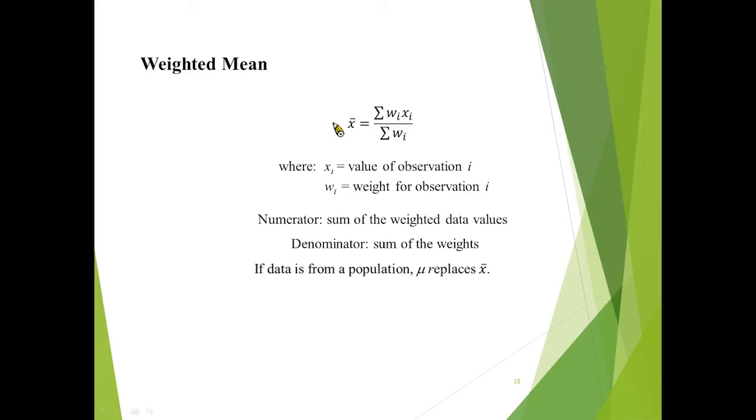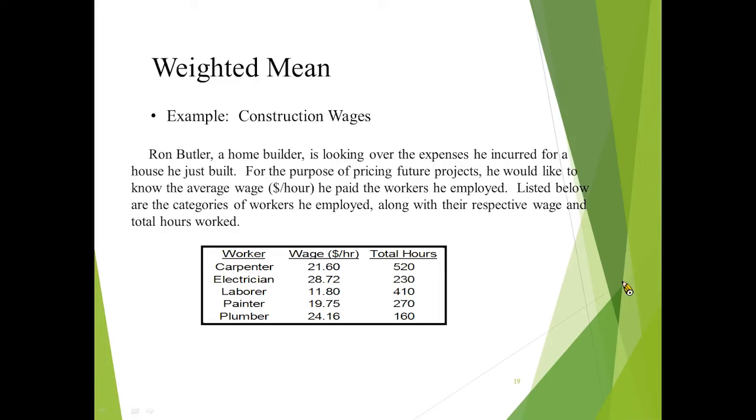So you can see it's a little bit different from the mean. The sum of the weighted data values divided by the sum of the weights. So this is the example. So the weighted mean is the